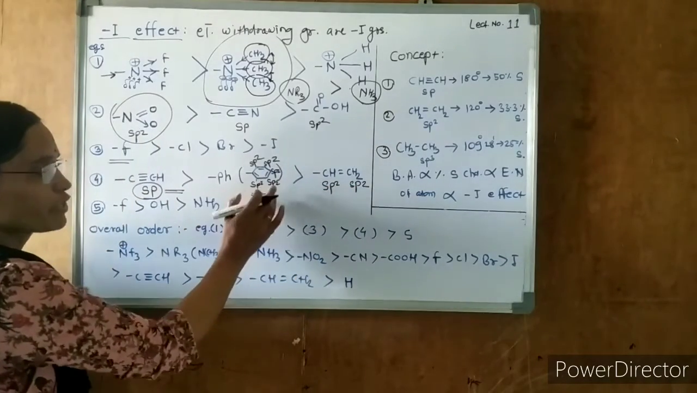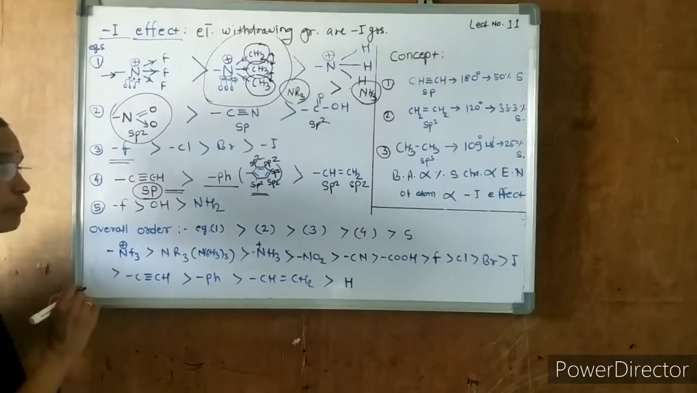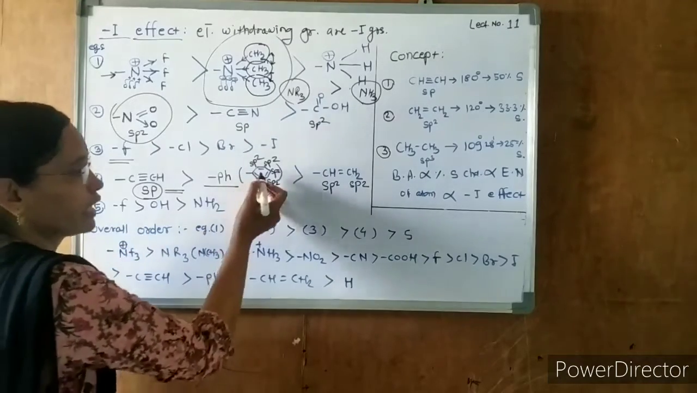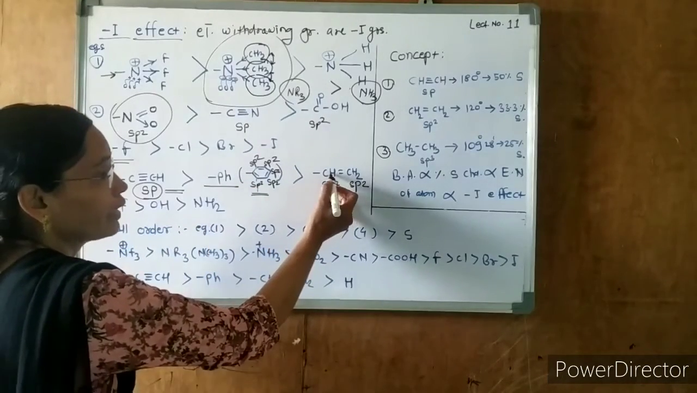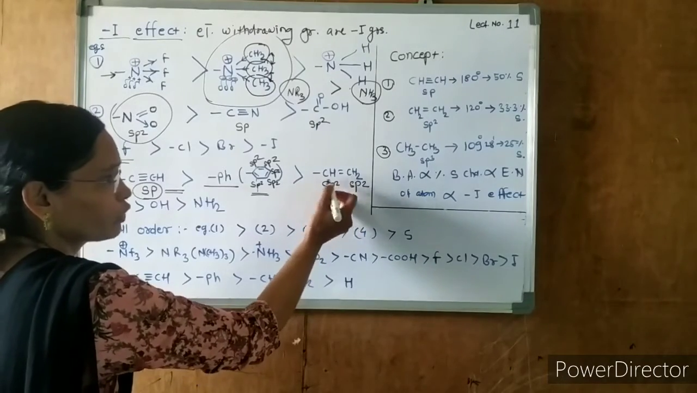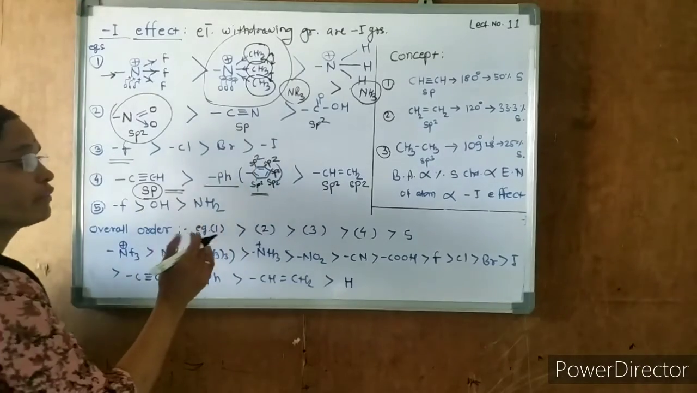Here also all carbons are sp2 hybridized. In the phenyl group, denoted by the symbol Ph, it is a phenyl group. The structural formula for this is that much. And here the alkene group, CH=CH2, both the carbon atoms are again sp2. Here also sp2. But why